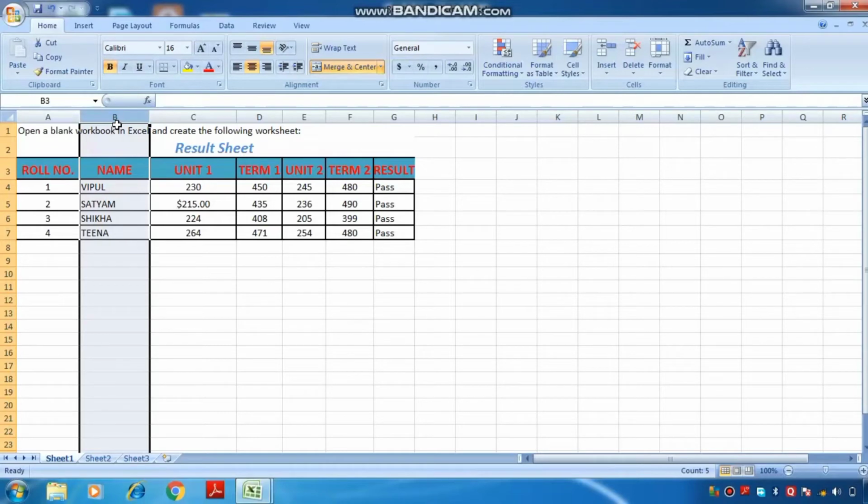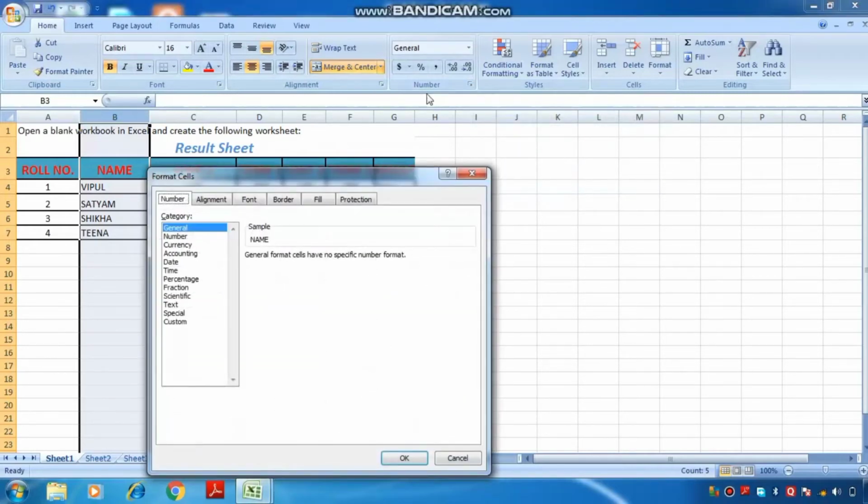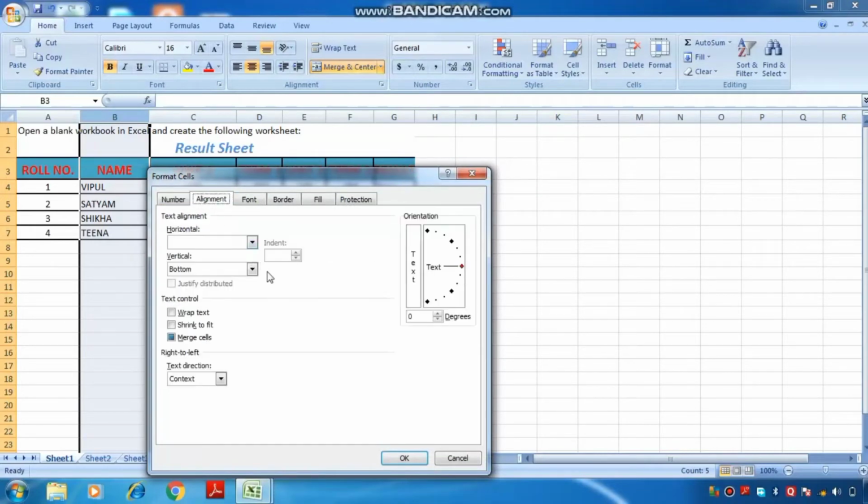Under the Home tab, click on the launcher button in the Number group. This one is your Number group. I click on the launcher button, and on the Alignment tab I see these options. Choose the required alignment from the Horizontal drop down list, like left, right, whatever you want to select.